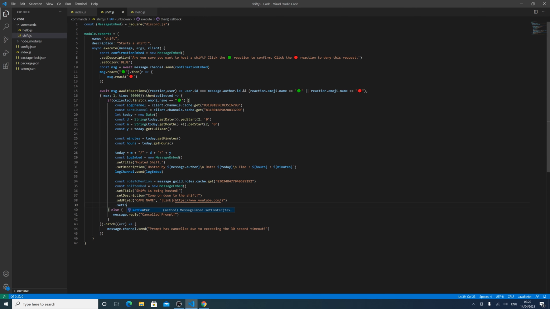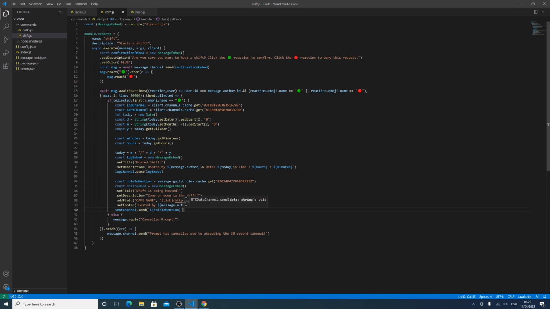So setFooter, and we can do "Hosted by", and then ${message.author.tag}. So this is just going to be a string, so our tag, and then we can just send the embed. So send channel.send, and then we're going to do our brackets, and then template literals, $ curly brackets, roleToMention,